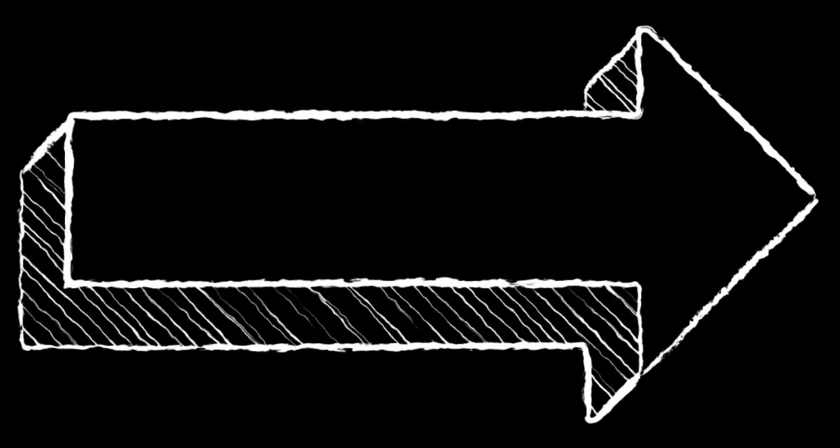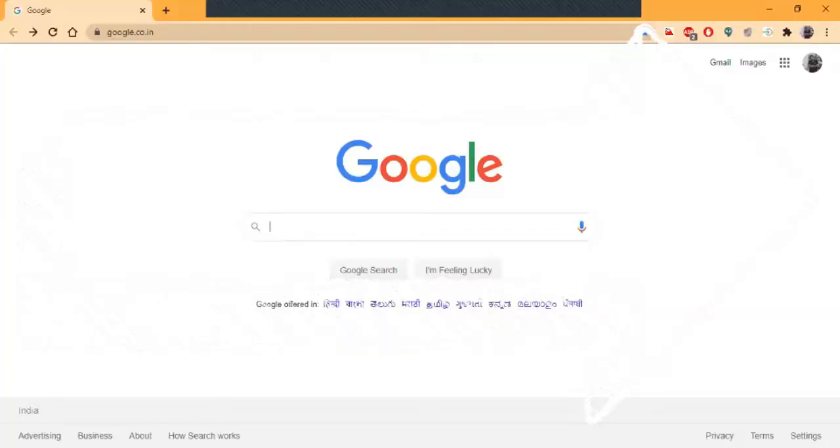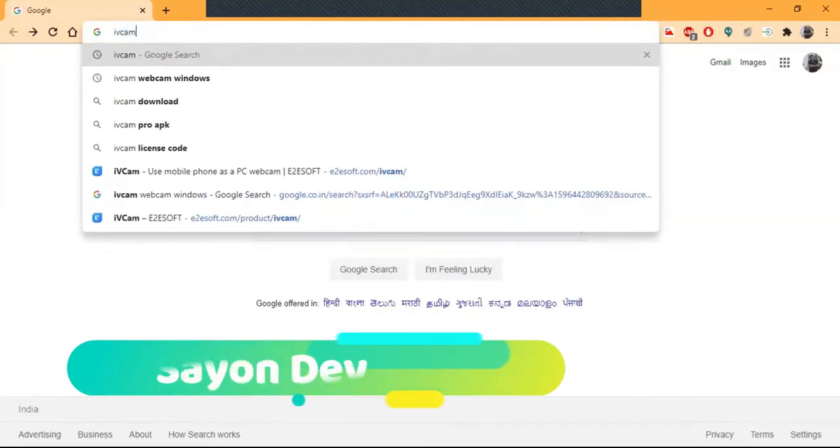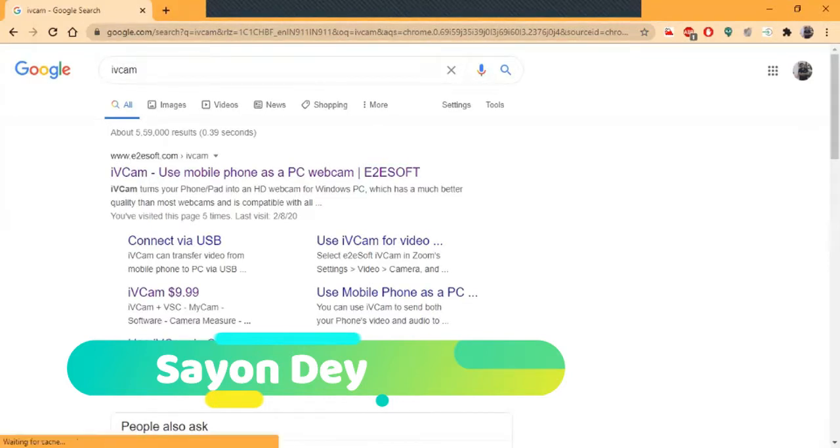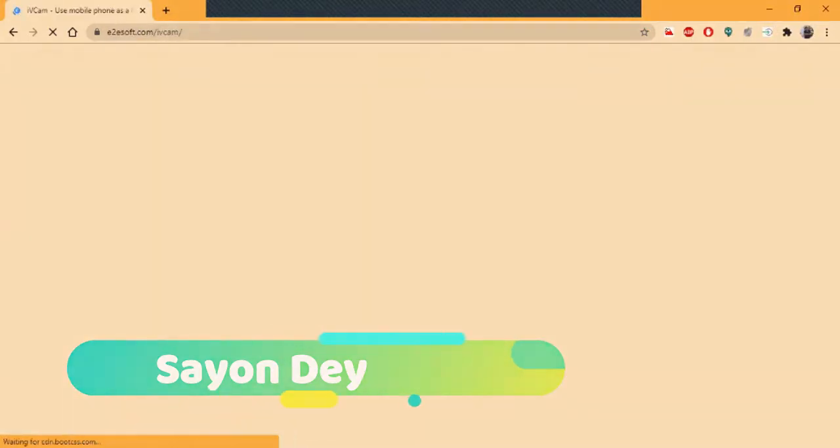Open a tab in your web browser and search for IVCam. The first result that we can see is www.e2esoft.com, which is the required website.